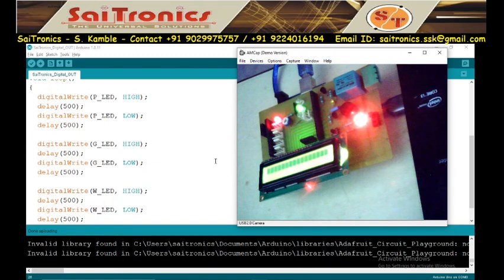Now the speed I have increased, so it is fast blinking. If I want to connect more number of LEDs, I have to use a power transistor. Here I am not using any transistor because the current of Arduino is high, 40 milliampere. If you want to connect more LEDs, you have to use a power transistor.